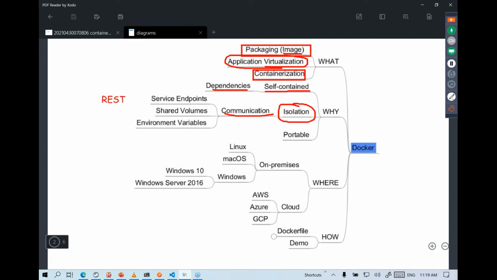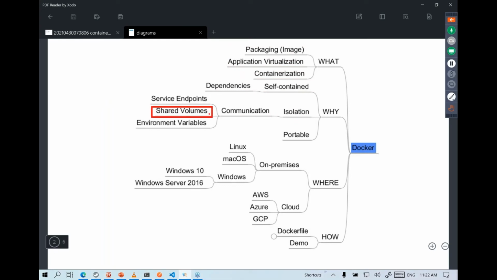Service endpoints can be used. We can also use something known as a shared volume. It's an advanced technique we use to share some file system or some folder or files across multiple containers. So we can share content across multiple containerized applications by using a shared volume.